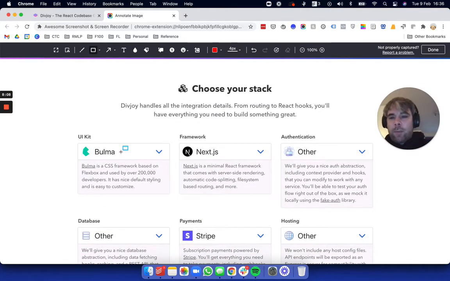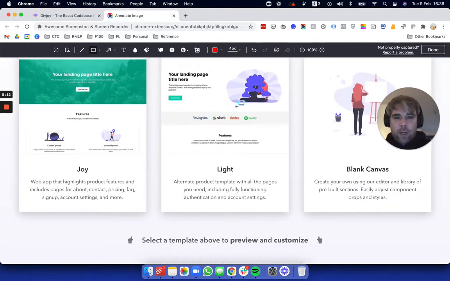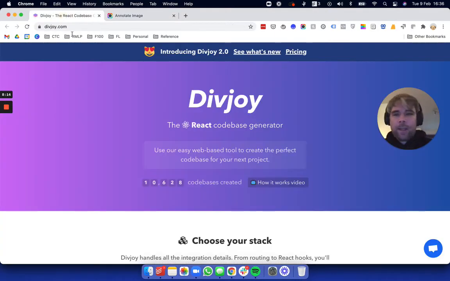So literally the people come in, they click the various things, and then I presume when you click the template, it's going to